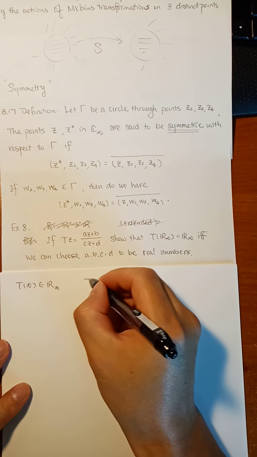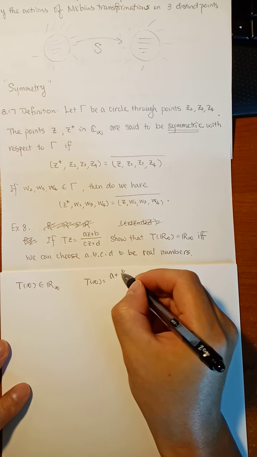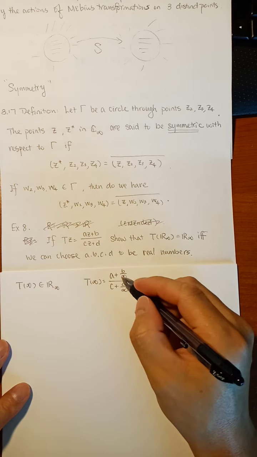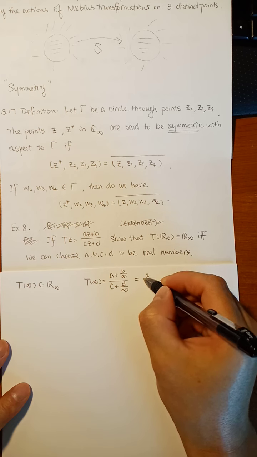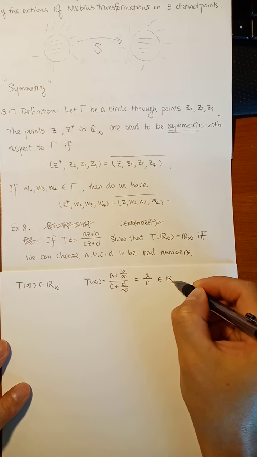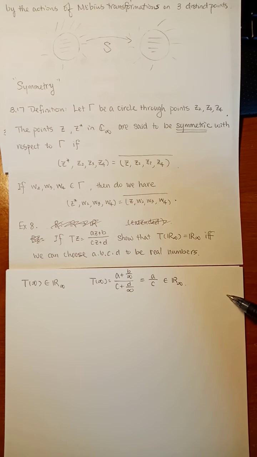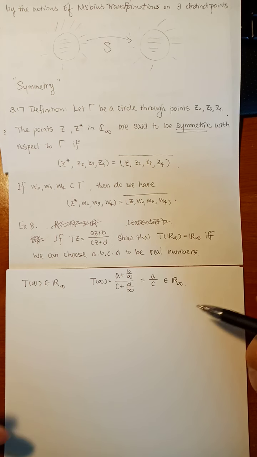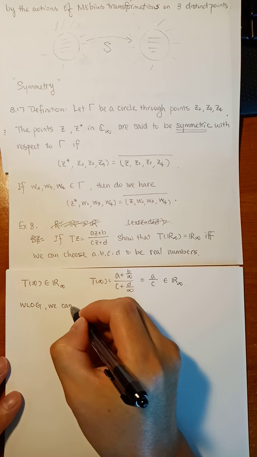What is T of infinity? It is (a plus b over infinity) over (c plus d over infinity). In this case, we're talking about the limit, so we divide top and bottom by z and let z approach infinity. So this is a over c. So a over c belongs to R infinity. A ratio of two complex numbers is in R infinity, so without loss of generality, we can choose